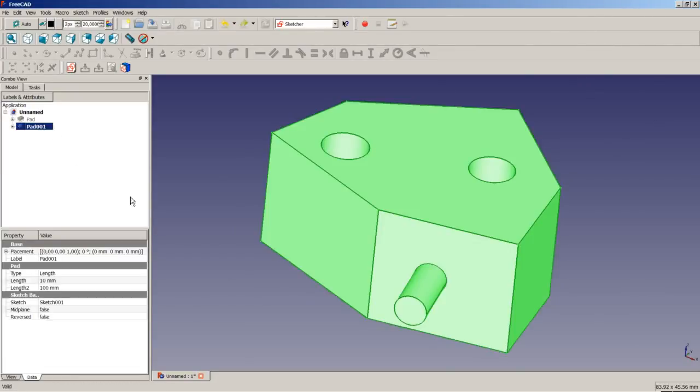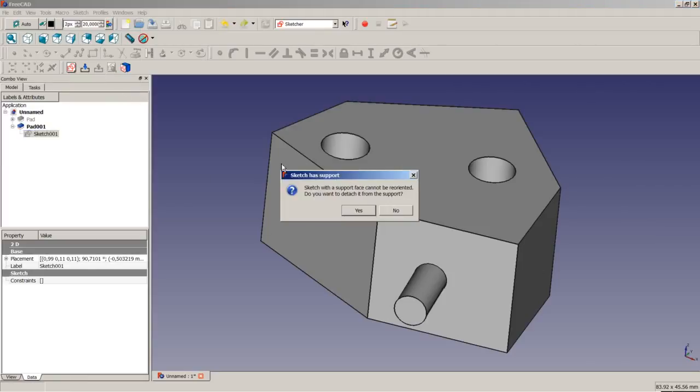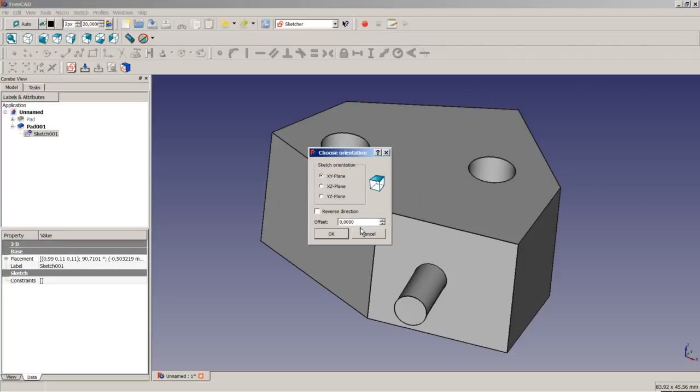If you select the Pad001 in this case and select from the top menu Sketch, no, sorry, we have to select the Sketch001, not the pad, since we are in the Sketcher workbench, and we have to select now Sketch, Reorient Sketch, and we get a warning that the sketch with a support face cannot be reoriented. Do you want to detach it from the support? If we click on yes, we can now choose a new plane which the sketch should be mapped to. Or if we click on cancel,